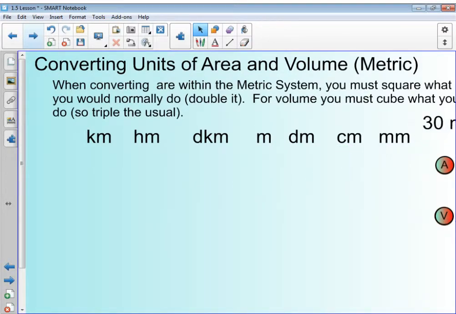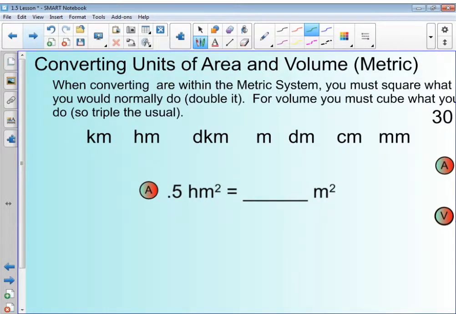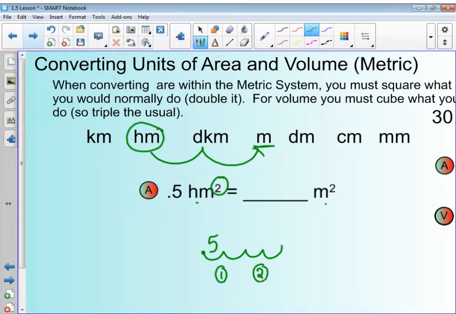Okay, that little squared is indicating to us how many times we have to do our little conversion. So here I'm doing hectometers, that's what I started with, to meters. So normally I would go 1, 2 places to the right. So my decimal currently is here. And I'm going to go 2 places, 1, 2. Now, because we're working with this squared, I'm going to do that again. So that was my first set. I'm going to do that again, 1, 2. That's my second set. So I'm going to put zeros where these bumps are, like those empty spaces. So I just found out that 0.5 hectometers squared is the same as 5,000 meters squared.